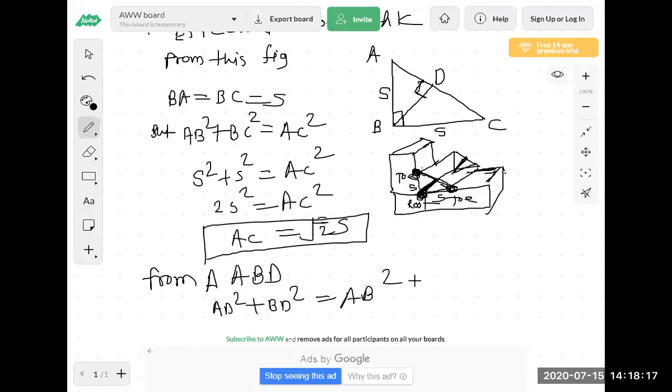See, whatever I have written is correct. In triangle ABD, AB square is equal to AD square plus BD square, the addition of the squares of BD and AD, that is AB square, correct?